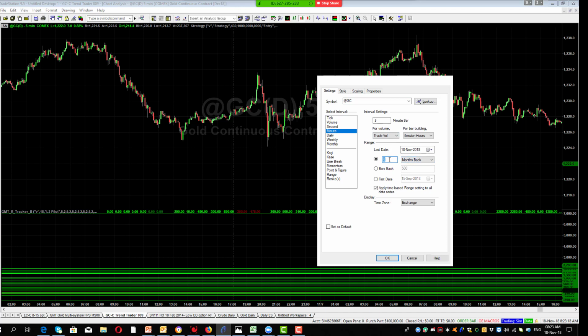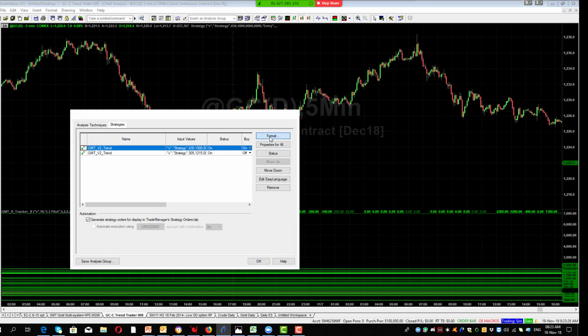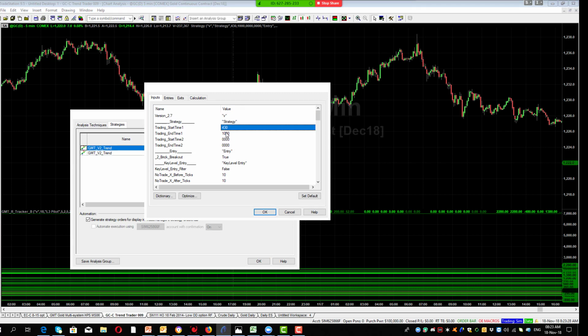So we'd set that to 4 months, and then we'd go into the settings, and we wouldn't optimize every single setting. We were very specific in what we were doing. We were optimizing the time of the day, the start and finish. We were re-optimizing the initial stop and whatever trailing stop we'd picked. And the other thing we were optimizing was the MACD profit. That was it. They're the only things we optimized.